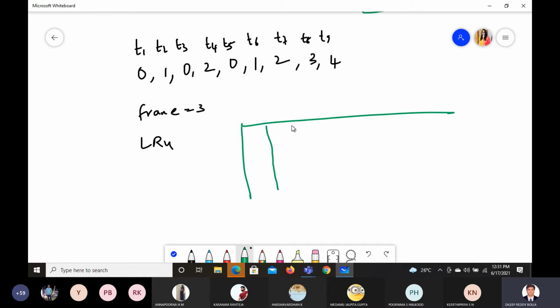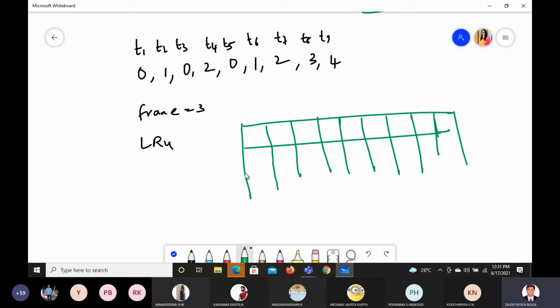The timeline is 9, so 1, 2, 3, 4, 5, 6, 7, 8 and 9. This one is good enough. This is frame size 3, this is 2 and this is 1. Okay, our table is drawn.